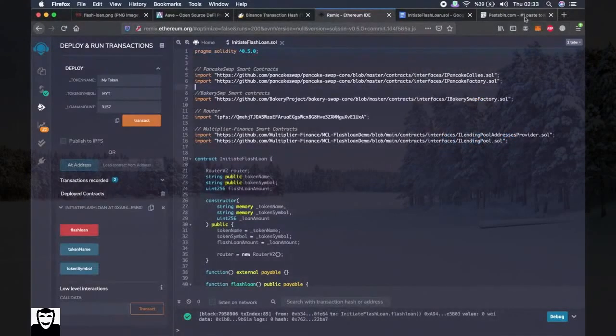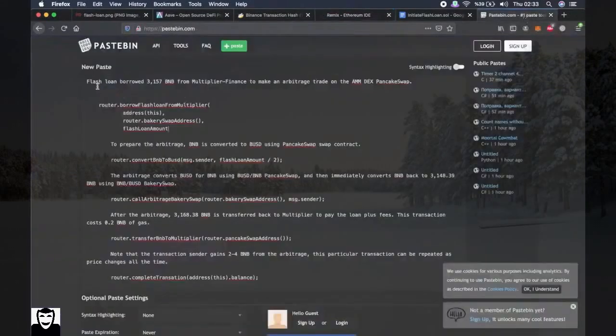And if you want, let's briefly examine what the script did. I explained it here. The Flashloan borrowed 3,157 BNB from Multiplier Finance to make an arbitrage trade on the AMM DEX PancakeSwap with this function. Then to prepare the arbitrage, BNB is converted to BUSD using the PancakeSwap swap contract. With this function, the arbitrage then converts BUSD for BNB using BUSD/BNB PancakeSwap, and then immediately converts BNB